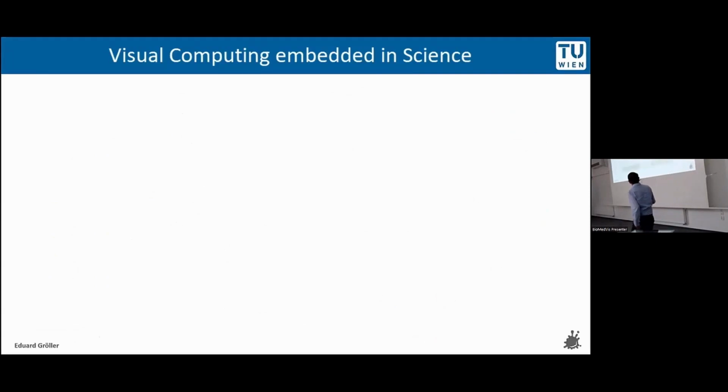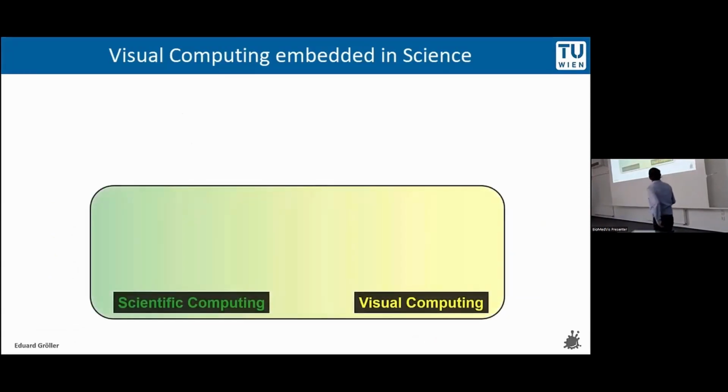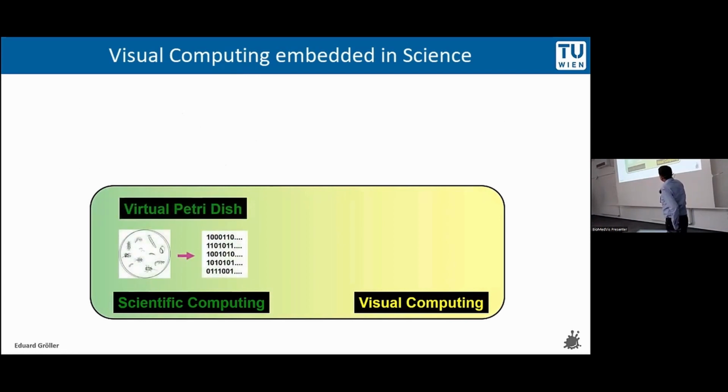Okay, so how is visual computing embedded in science? What scientific computing is doing, instead of doing this costly wet lab experiment, maybe you have a simulation and you have a virtual petri dish. But